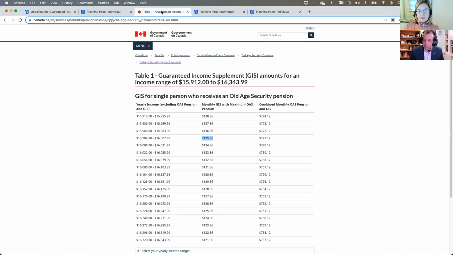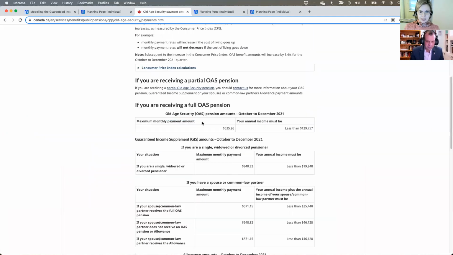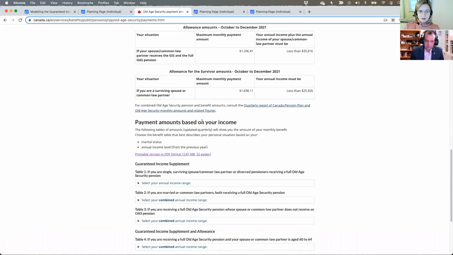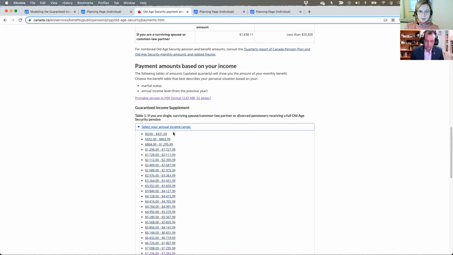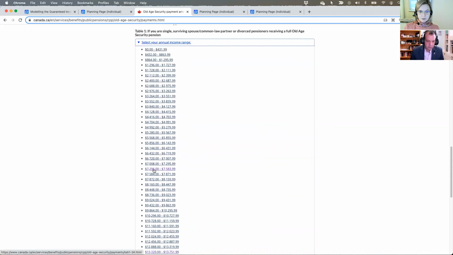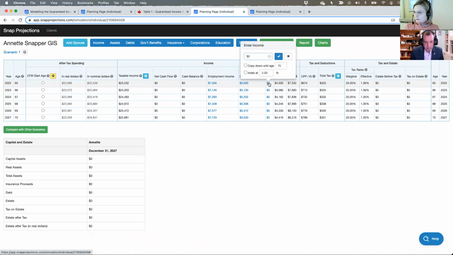So for her 7,500, we're going to have to go back to the payment amounts big table. And on this page, if you scroll down to the bottom, this is where you can look up. You can do a PDF version, or you can just go to their tables that are online. And then I scroll through here and look for $7,500. So you can see how much data is here. Again, I got to scroll through here to find the 7,500. So I know that it's not even that range. It's in here. 522.82, multiply that out by 12, come back here, and then I put it in, which is